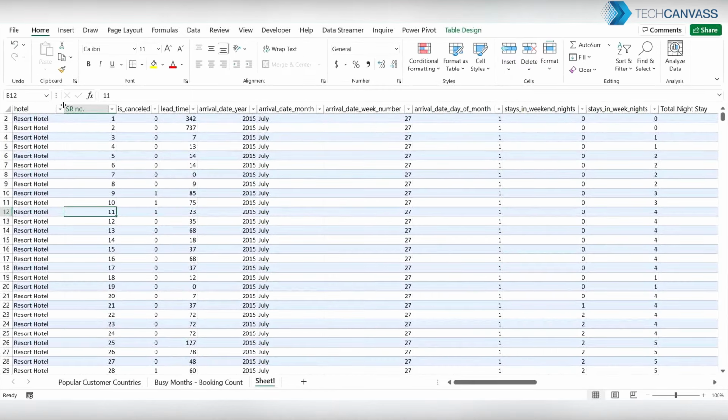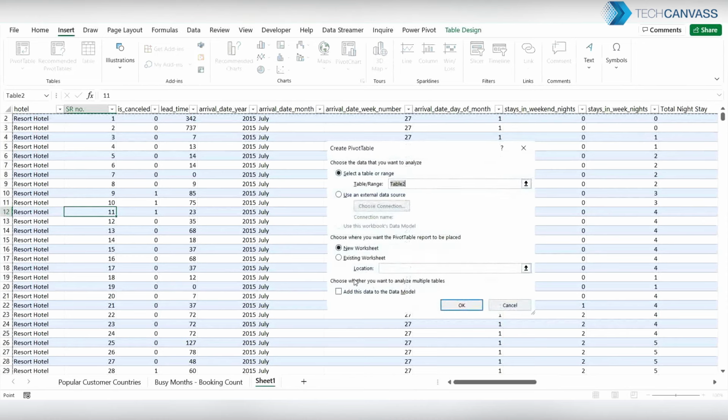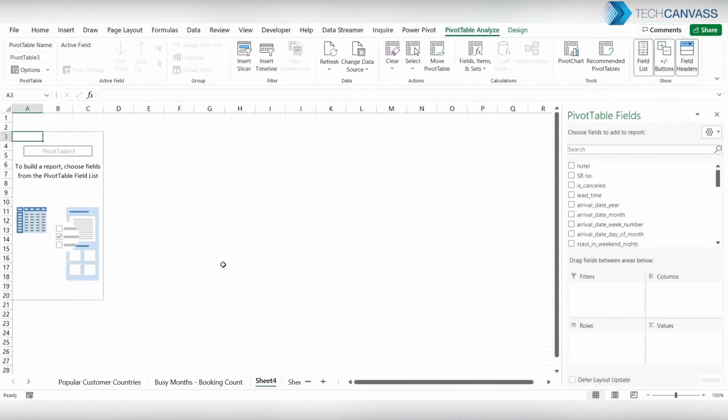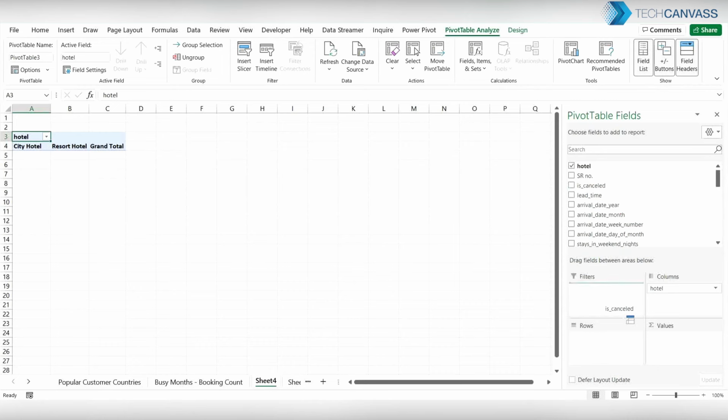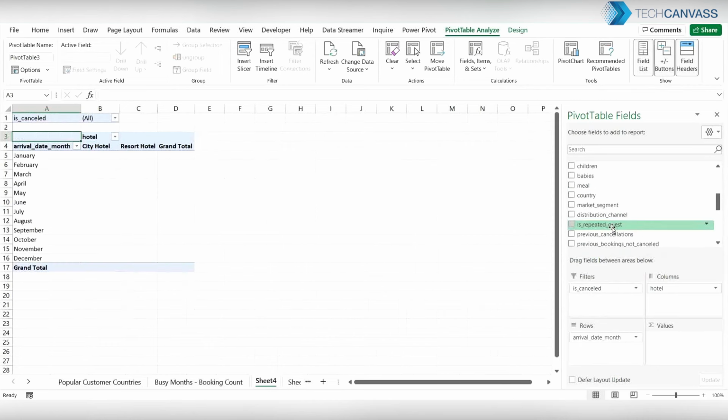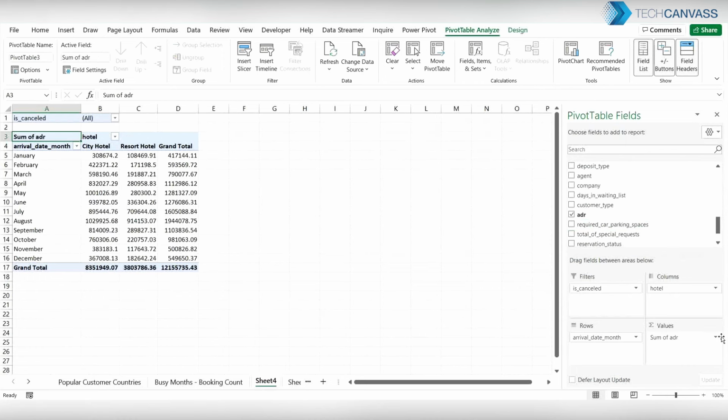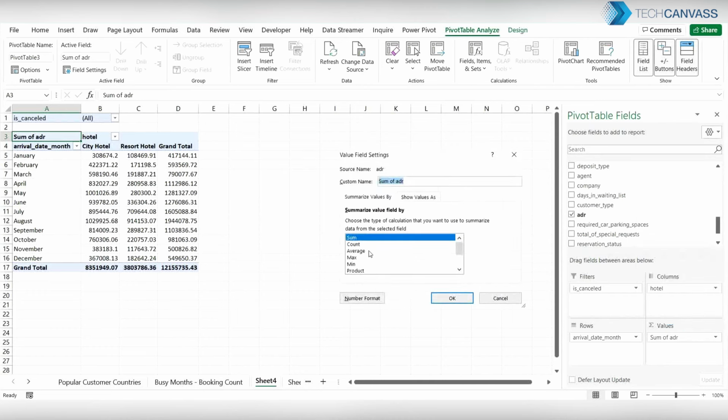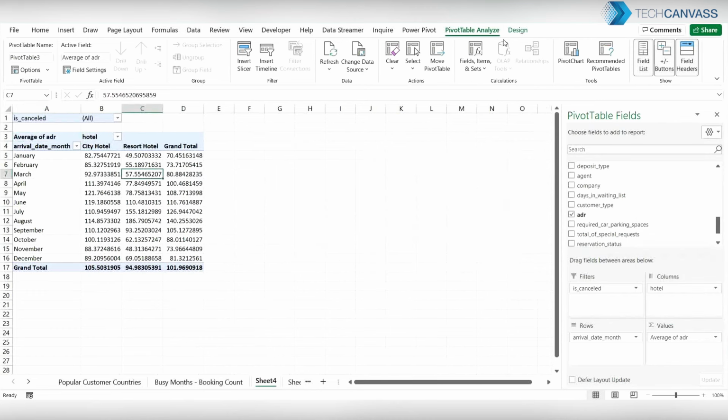Let's go ahead and insert another pivot table. Okay, so now let's check the average price month-wise. So we can add is cancelled to filters here directly as well. Let's add the month, and we have the field ADR. Let's go ahead and select the average of the cost.